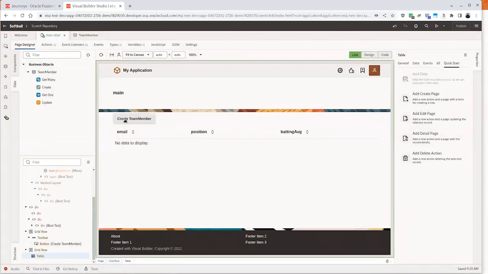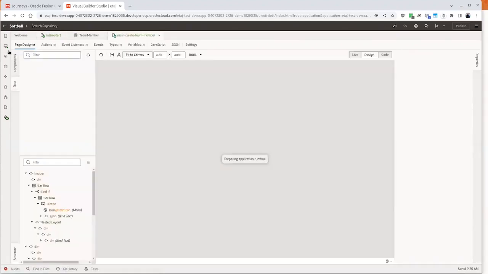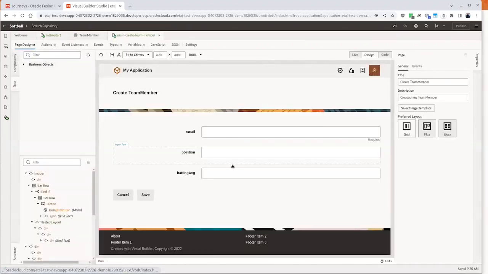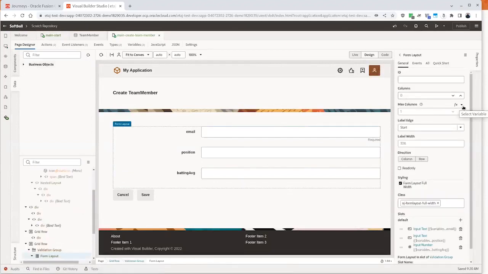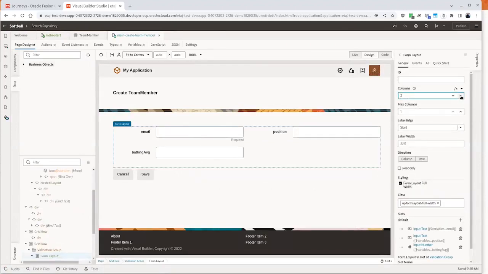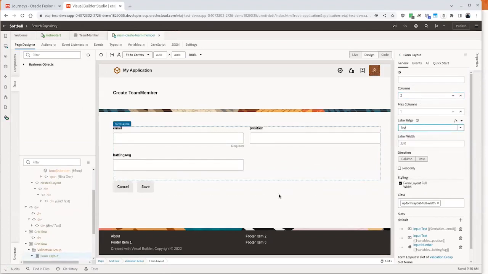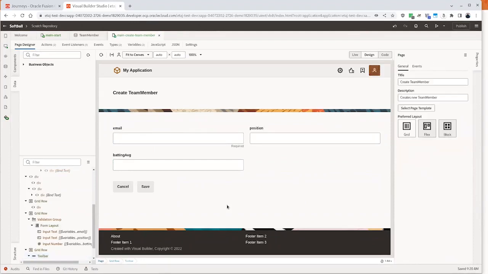So once again, to get to the screen, I can click this button, or I could walk through the list that's over in the application definition. Couple simple changes. I'm going to make it 2 columns, and I'm going to put my labels on the top. Okay, so I think I mentioned I'm lazy. I don't want to type all this stuff in. I want to have a lookup to get the email address, and I'd also like to see the name. So I'm going to pull that data from my